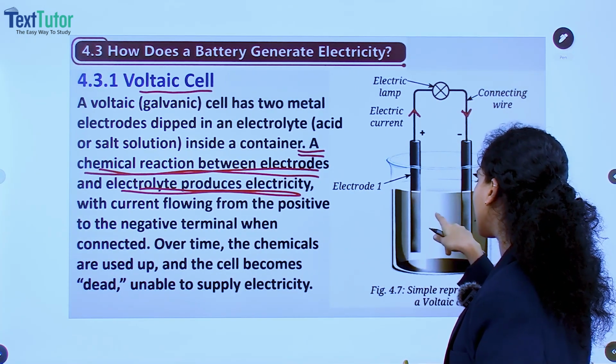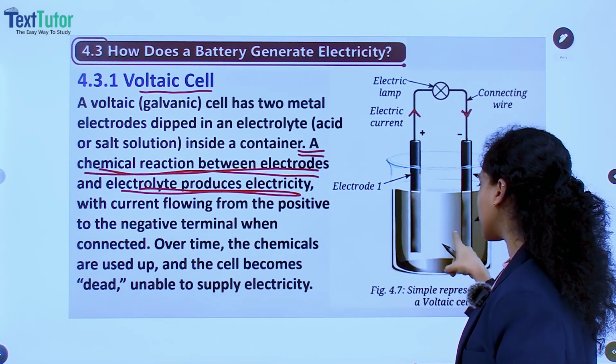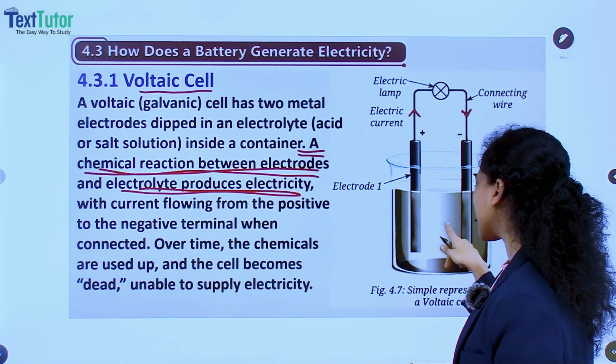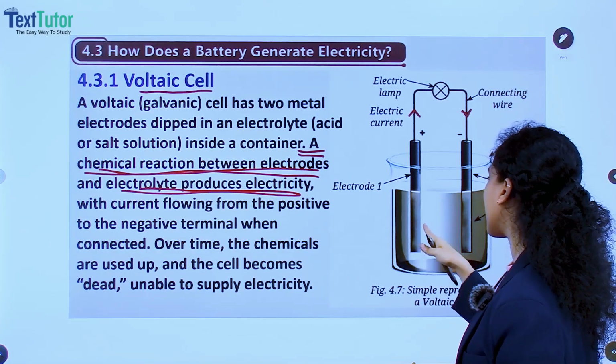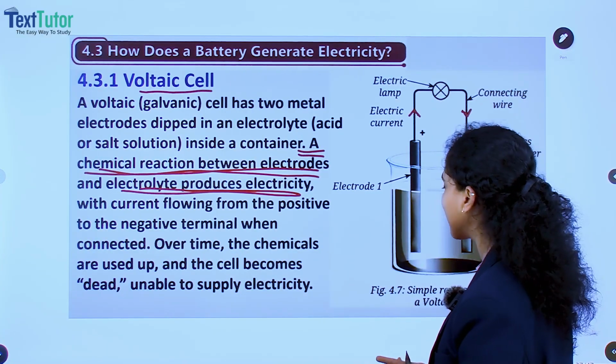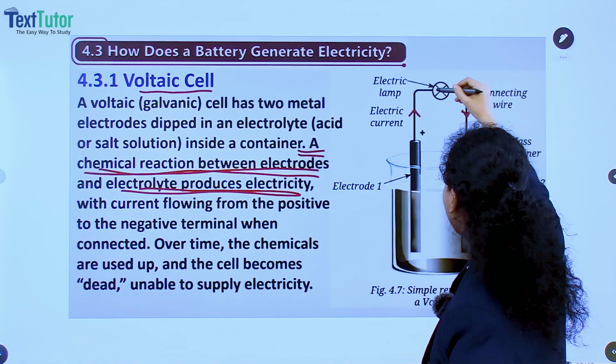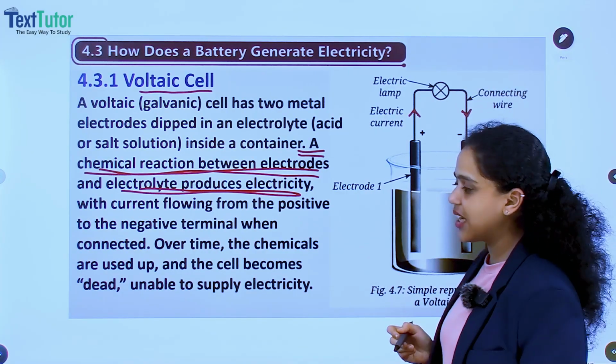As a result of the chemical reaction of electrode and electrolyte, it produces electricity, and this produced electricity passes from the positive side to the negative side. Okay,